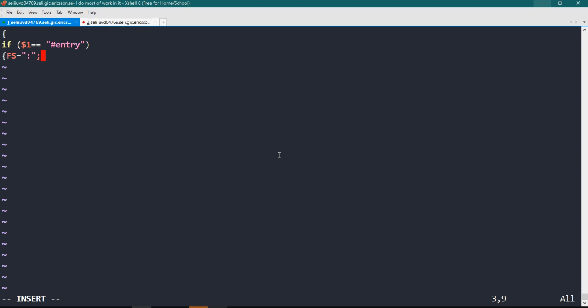Okay, now I come in second line, else if. So I can use else if with awk as well. Else if $1 equal to exit. So I'm changing my field separator depending on what is present in my file.